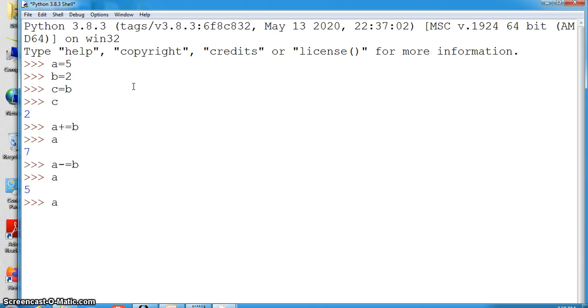In the same way, A star is equal to B. What is there in A? 10. So A, and we will see some value 2 we will take. A is 2. Okay.